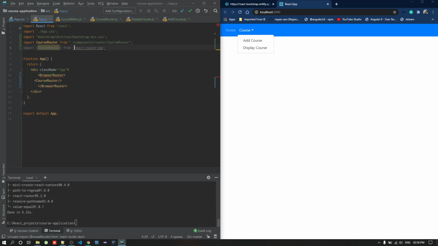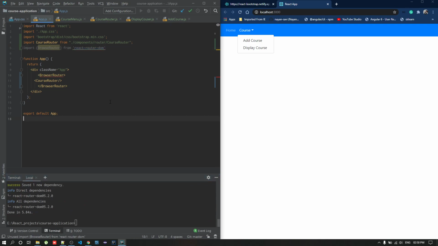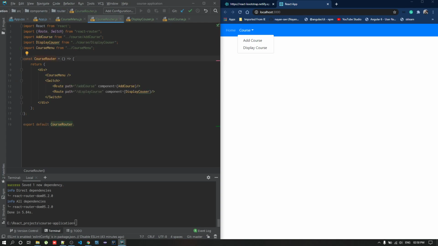We need to install this dependency as well. We add react-router-dom. Once it is installed, we have BrowserRouter. This BrowserRouter will always be a root component. Inside the BrowserRouter, we have to use the Route, then only it will navigate.